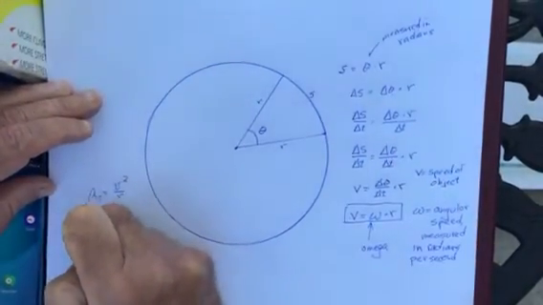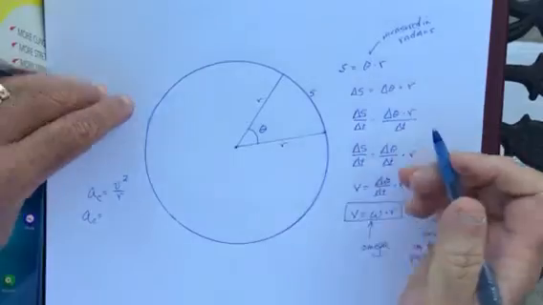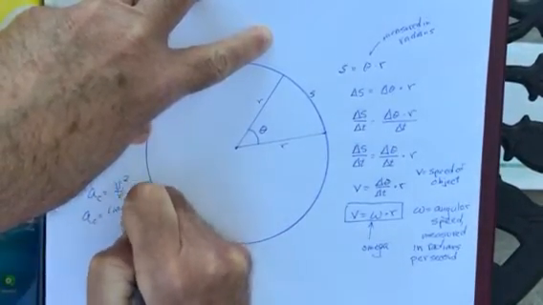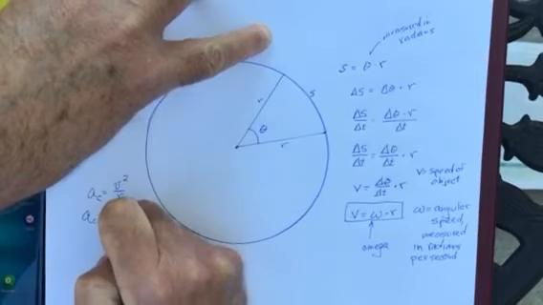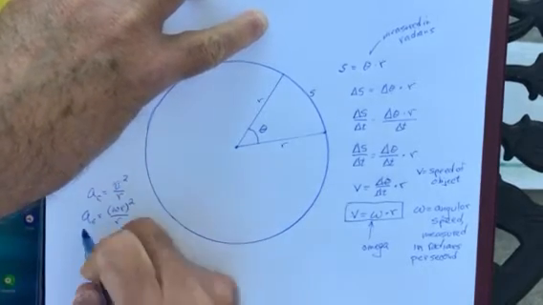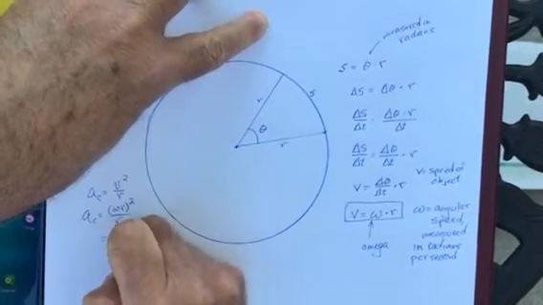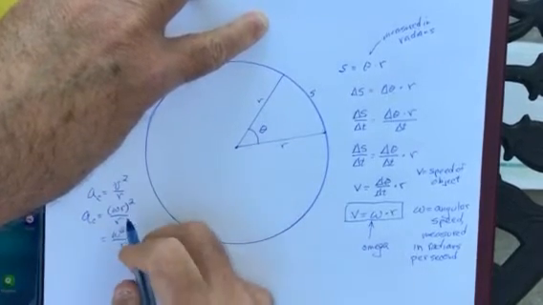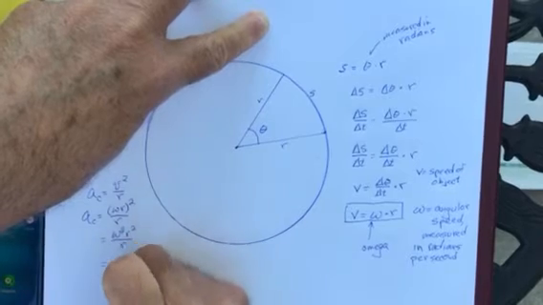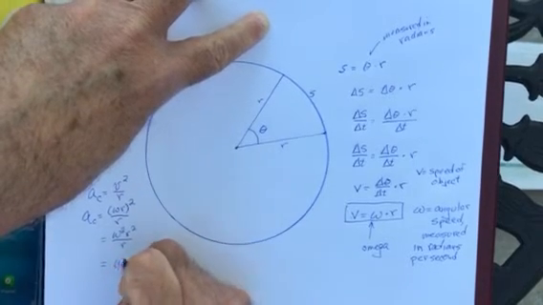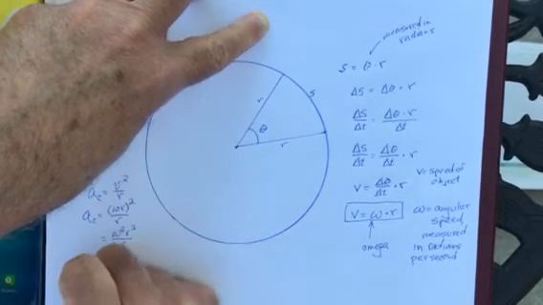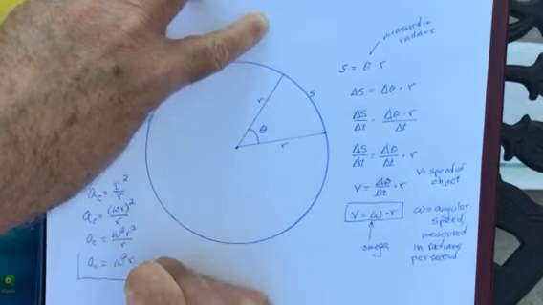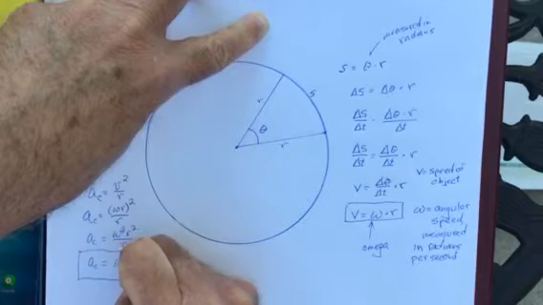So if we plug this in, we get the centripetal acceleration is equal to (omega times r) squared over r. And then if we square that out, we get omega squared r squared divided by r, which then simplifies into omega squared r. And that's the centripetal acceleration written in terms of the angular speed of the object as it